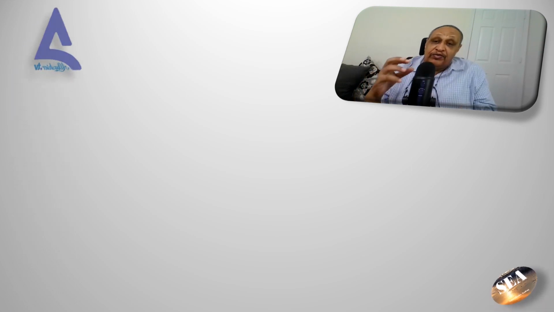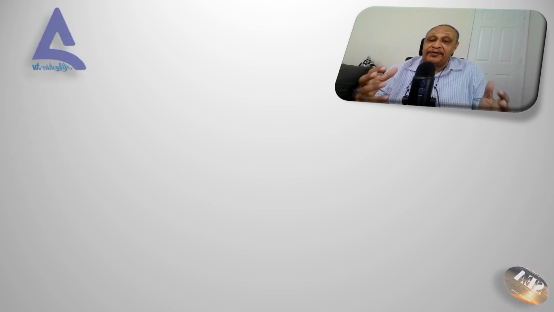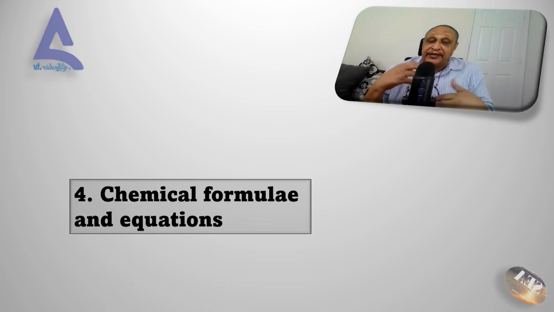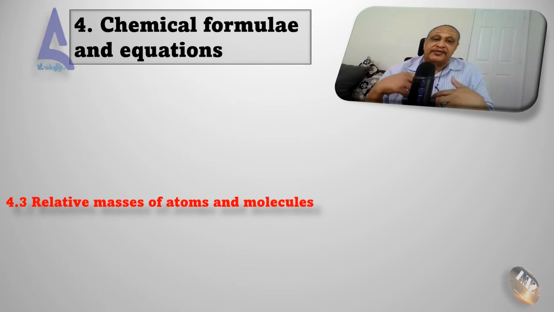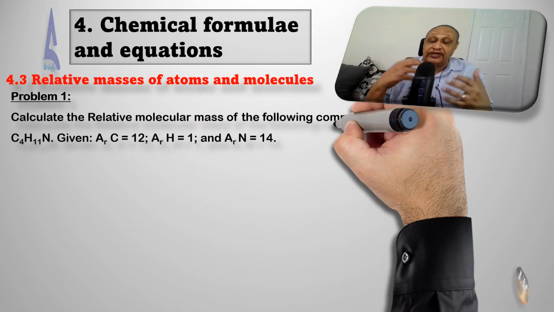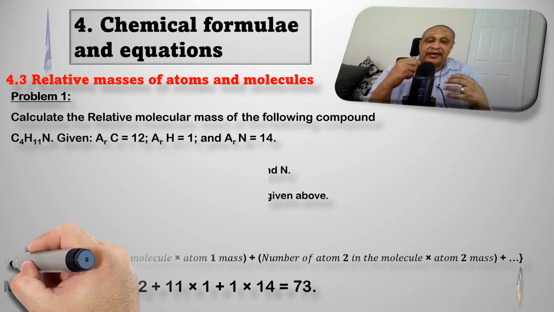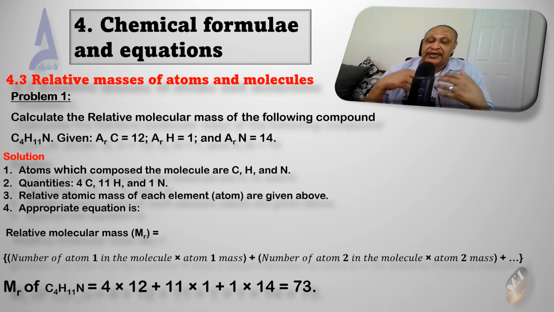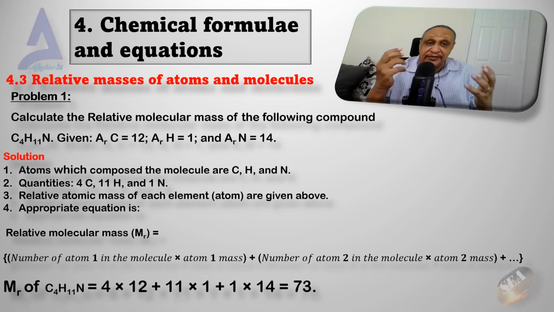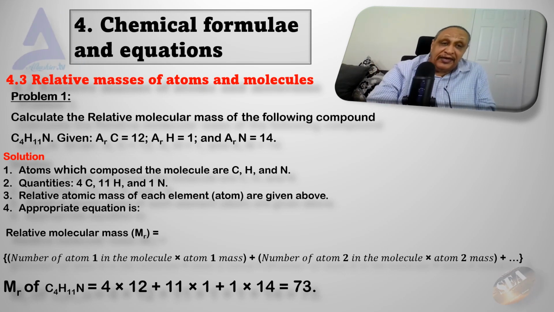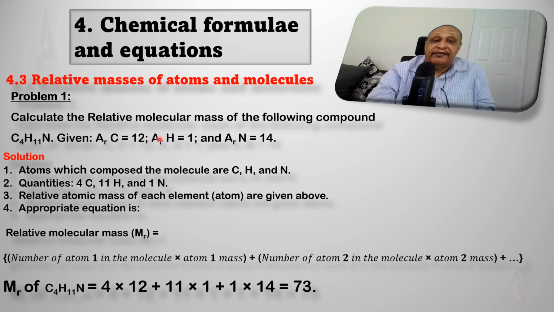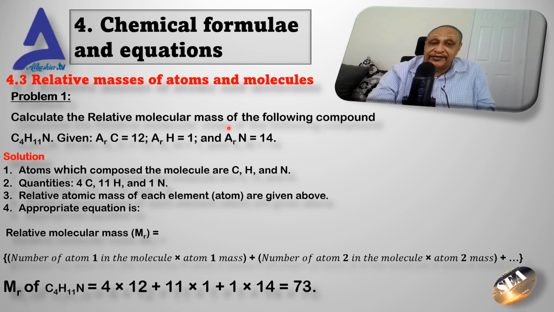Now, we will start solving some problems. We have about 10 problems, and by repeating the solution of each one, we will fix the way that we are going to solve these problems. First, the problem says: calculate the relative molecular mass of the following compound